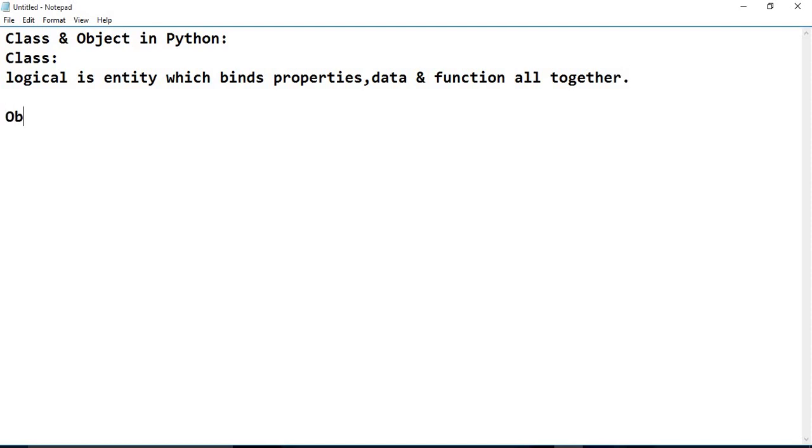And if we talk about object, object is the physical implementation of class. So this actually exists.